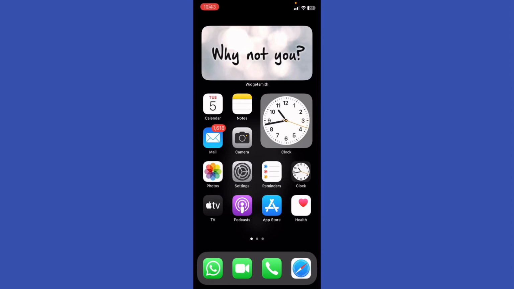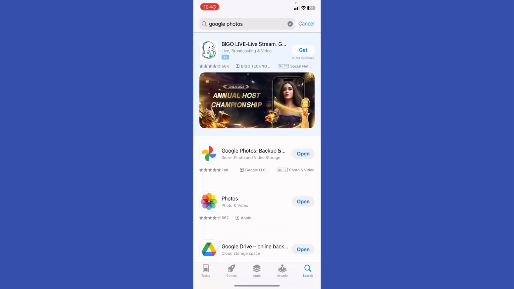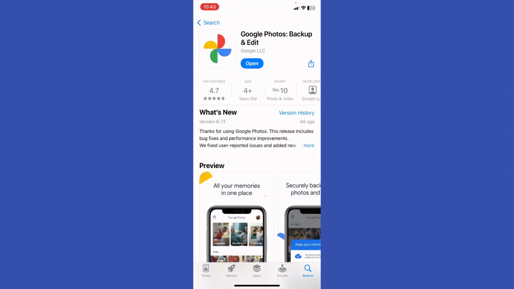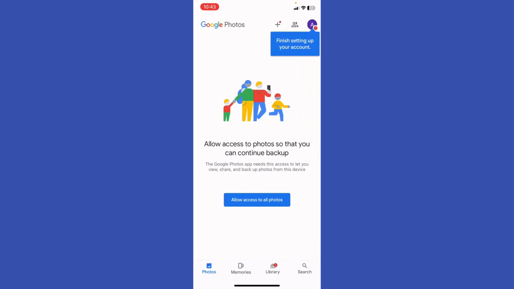My name is Adam. Today I'm going to show you how to see backup photos on Google Photos. So first of all, before you do anything, go ahead to your app, so Google Play, and what I'm going to do here, I'm going to double check if the Google Photos needs to be updated. If it does, just go ahead and get right on it, and if it doesn't, just go ahead to the next step. After you open the Google Photos and sign in with your Gmail or Google account,